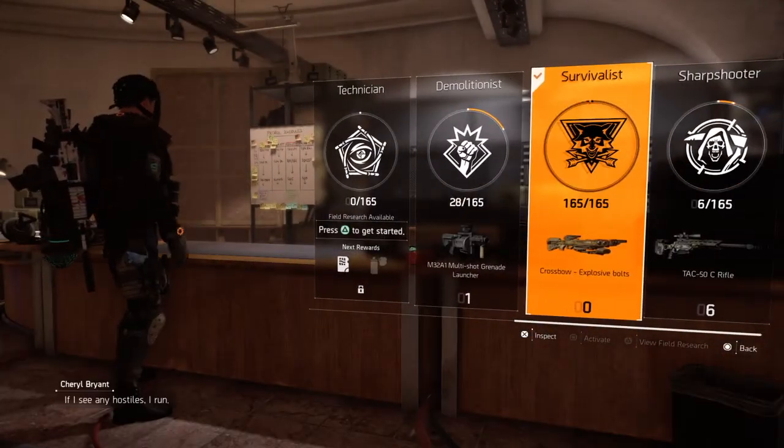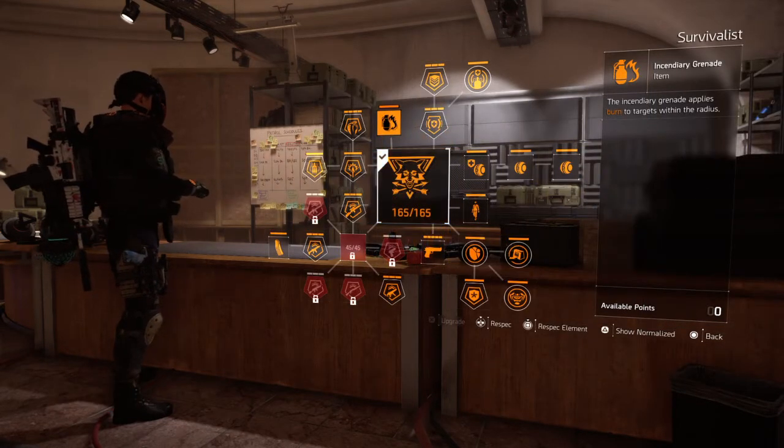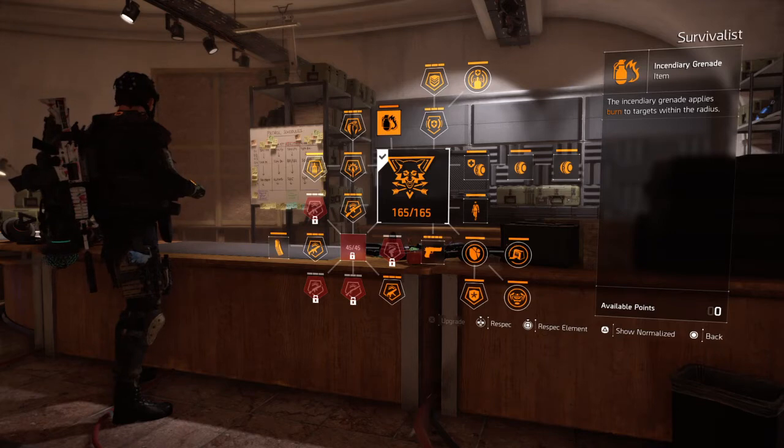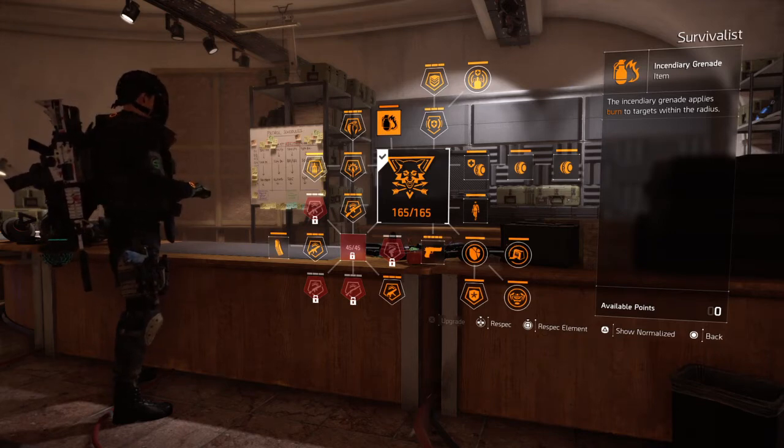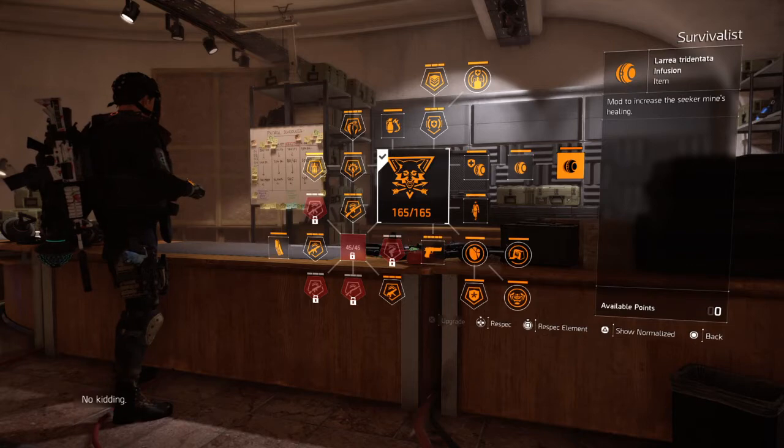So for the specialization, we have to run Survivalist, mainly for this incendiary grenade, so we can apply burn, and so that way Pyromaniac, I'll get to that later, can go into full effect. Another reason we use this is for a very important part. It's the healer mine. This thing,